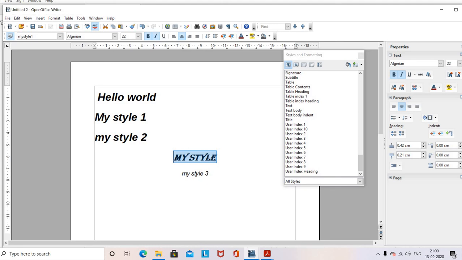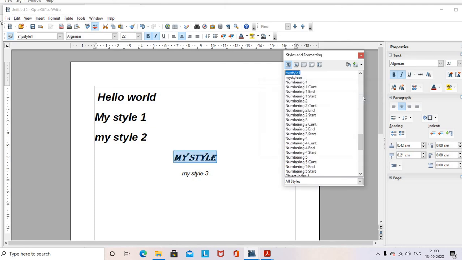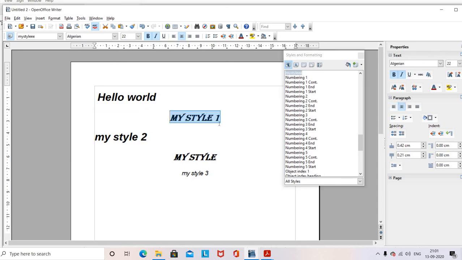Then I'm clicking and dragging it to here. When I release the mouse, you can see a Create Style option coming. There you can write my style. I'm writing that and clicking OK. So that means the new style is created just by drag and drop. If I select that and apply it, you can see the style changed from My Style 1 to just My Style.